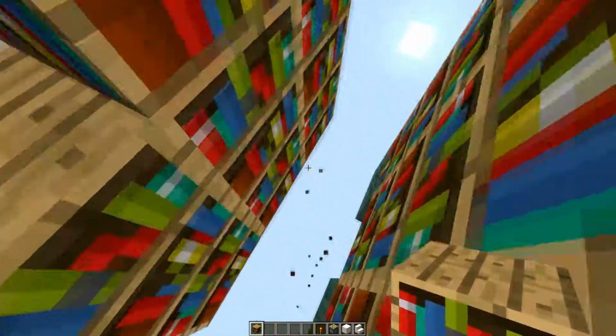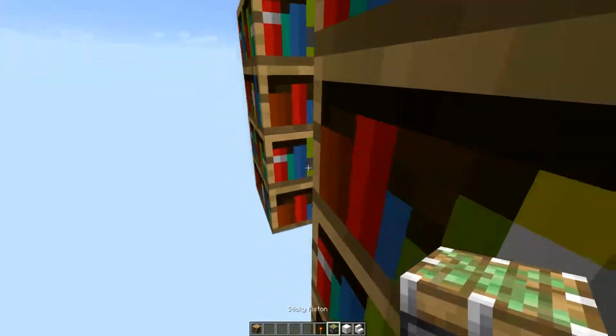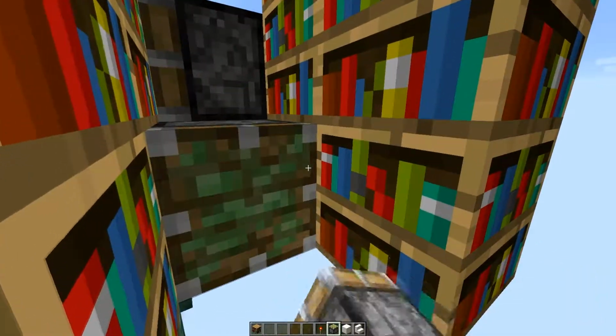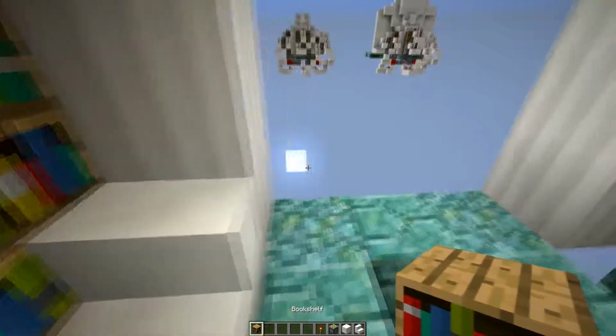Oops, I broke one, didn't I? Okay, so then we're going to place our pistons like so, as you can see here. Might be a little bit tricky on the angles here. It might actually be easier if we would hop into here, do it like that, just to get those ones,